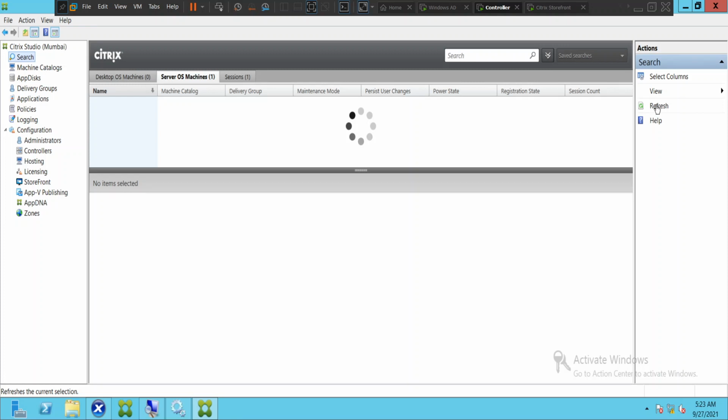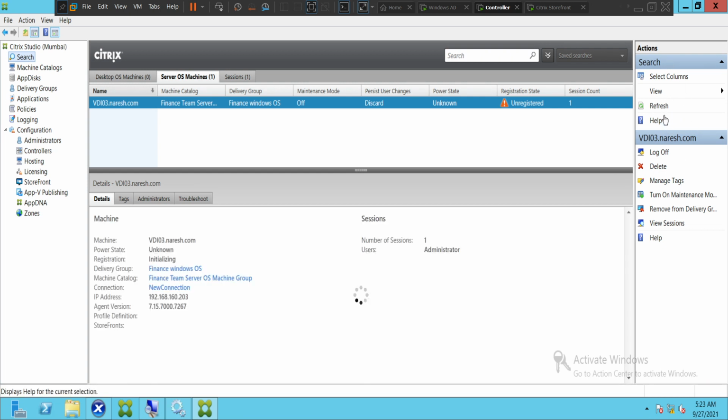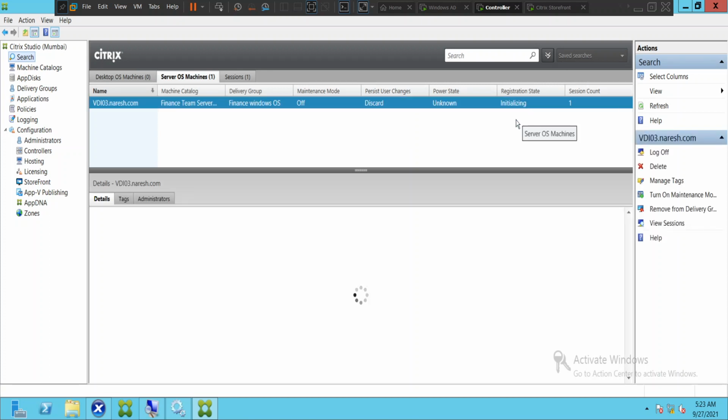So I would give a couple of minutes because the machine has just booted up. It would take at least a minute or two for the services to come up. Okay, it says initializing, if you see.